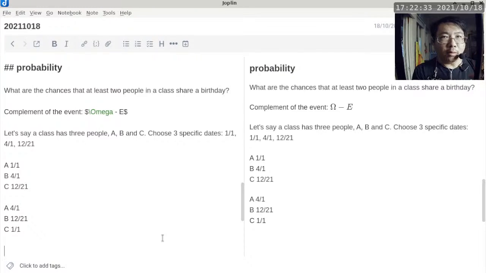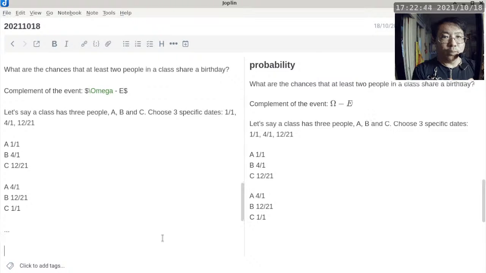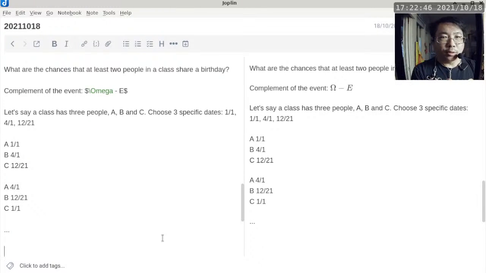So okay, all of these count as different cases. They are different elements of the event, because there are more and more of these. So now the question is, what is omega? Omega is just every single possible way for three people to choose their birthdays, and they may not be the same, but they can be the same. So omega